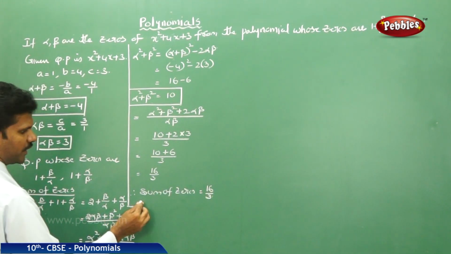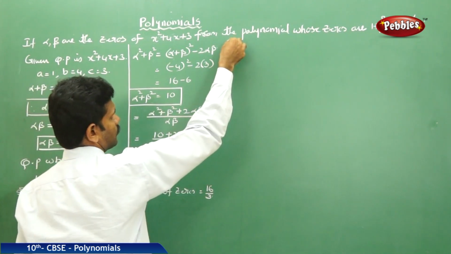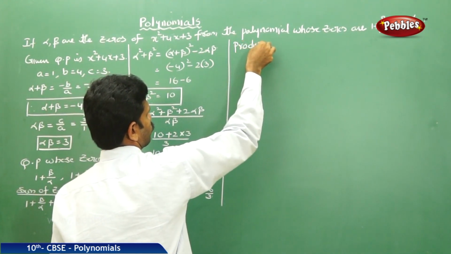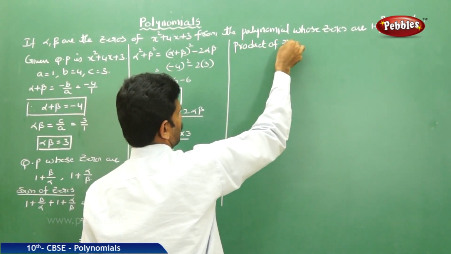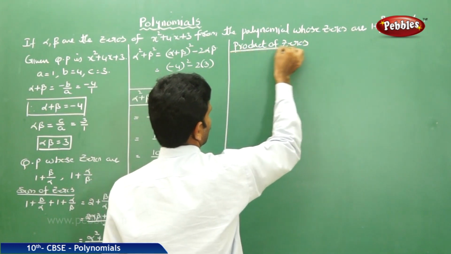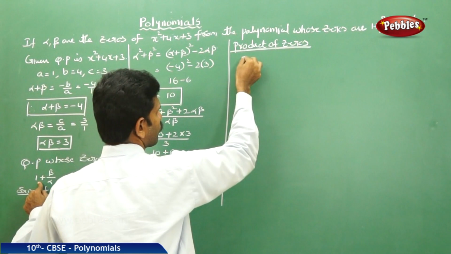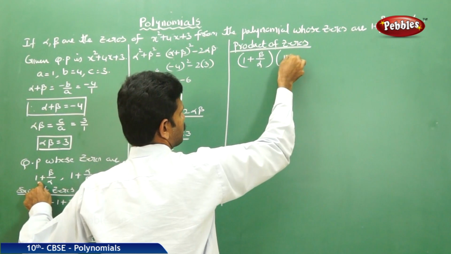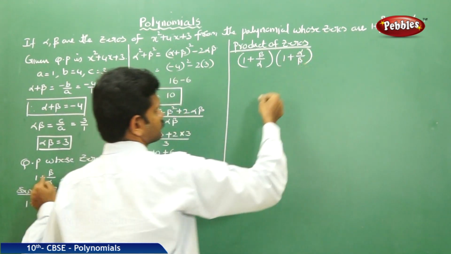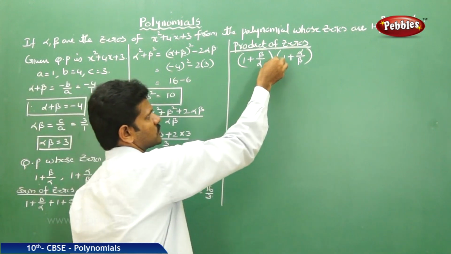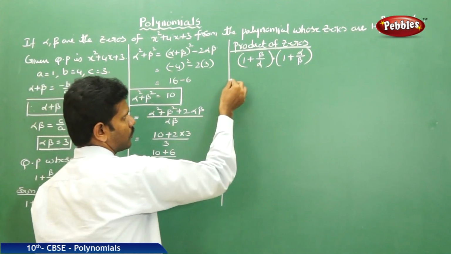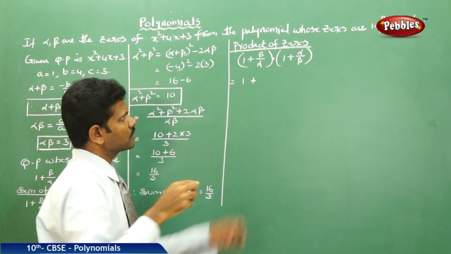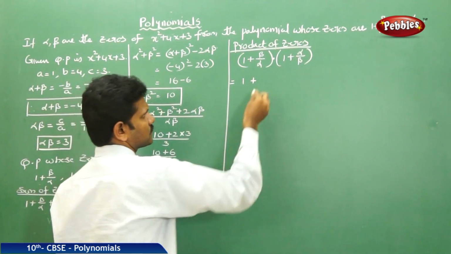Okay, next I have to find out the product. Now I have to find out the product of zeros. What are my zeros? 1 plus beta by alpha, and 1 plus alpha by beta. Now I have to find out the product of the zeros. Now apply the product rule, that is 1 times 1, 1 plus 1 into alpha by beta, that is alpha by beta,